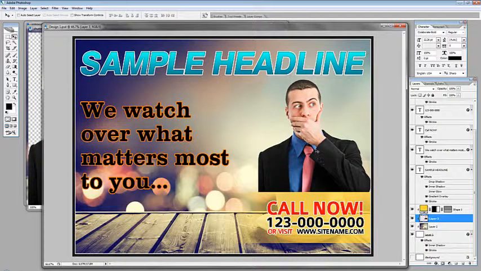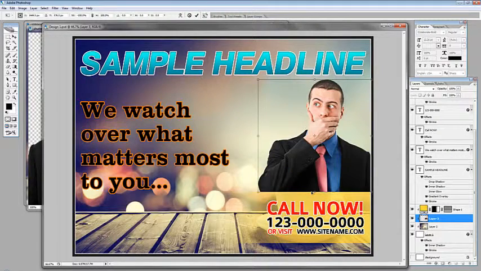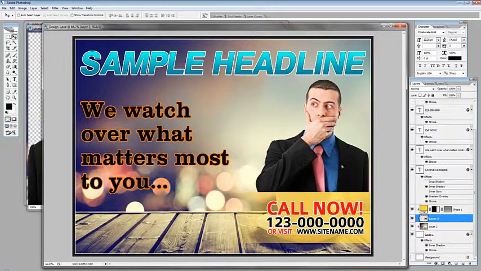Or we can flip that by hitting Control T, right click, and flip horizontal. There you go. You can add more images actually just by dragging and dropping. Alright,